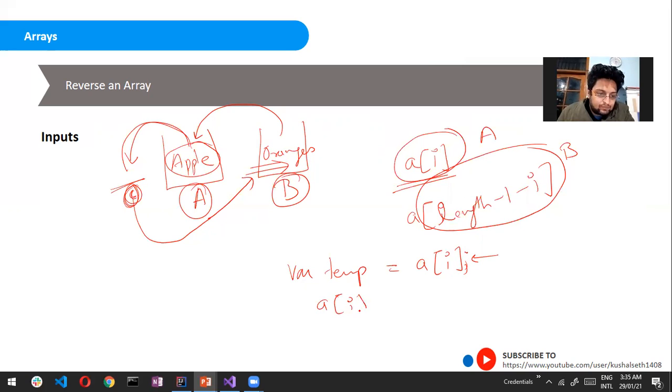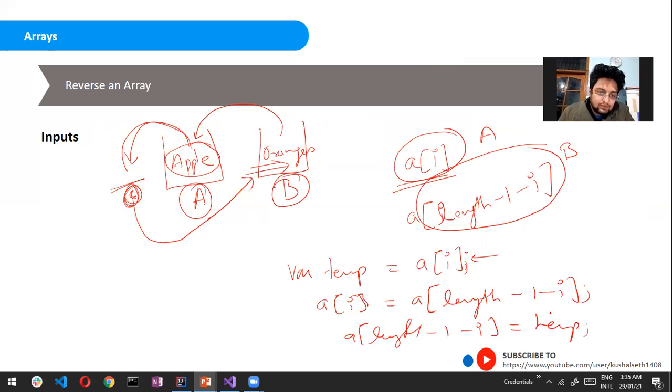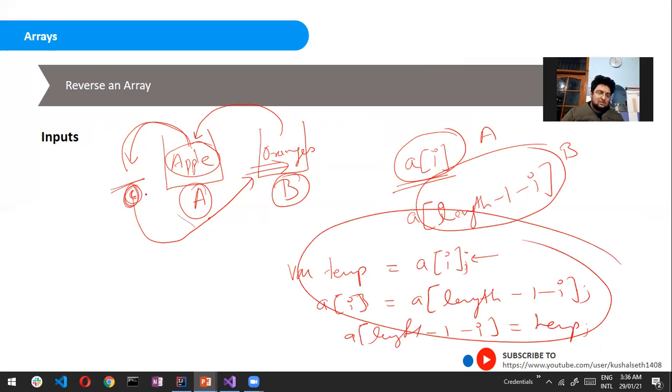You can put whatever you want. I think you understood the concept of swap, which is very important. Here we will put array of length minus 1 minus I, and then in array of length minus 1 minus I we will put our temp. This is the logic to swap. How this logic came, you can easily understand from this bucket problem.